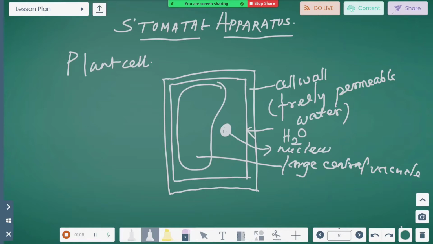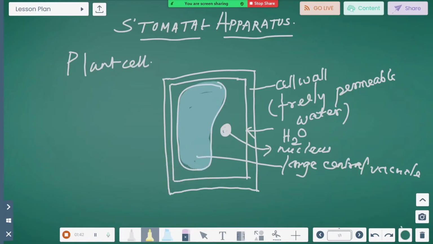The reason behind the huge size of the vacuole is that it controls the turgidity, or the state of the cell in which it is existing, which is required for the plant cell to survive and function normally, to be in a fully distended state. That is maintained by the large centrally located vacuole.